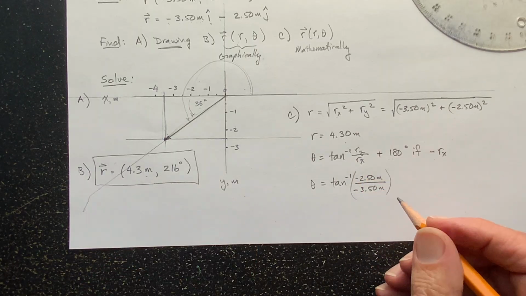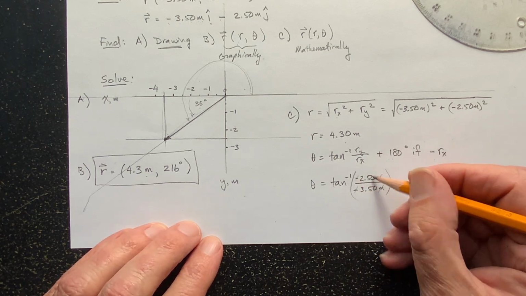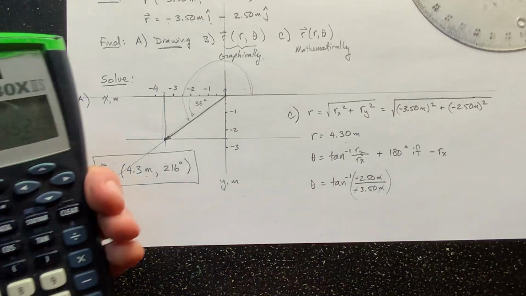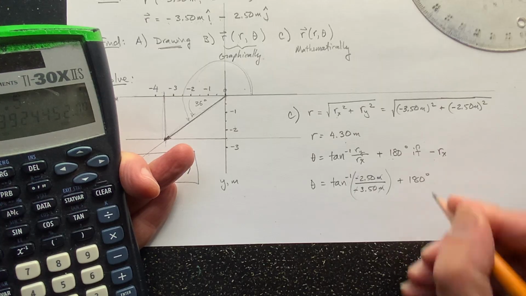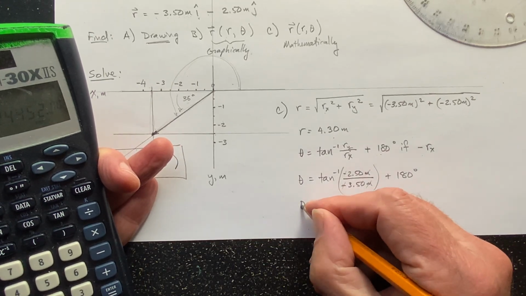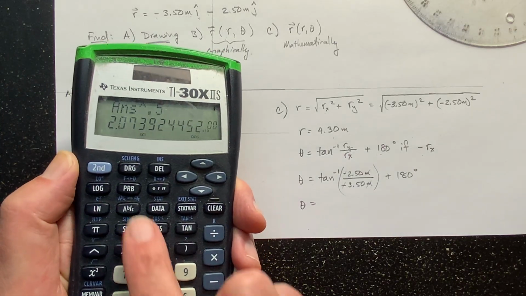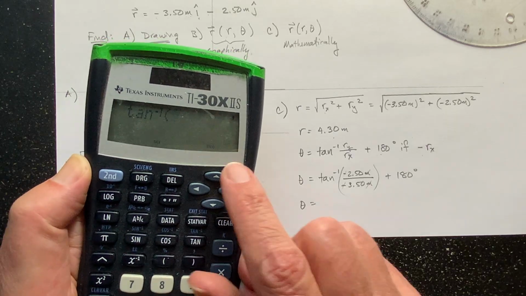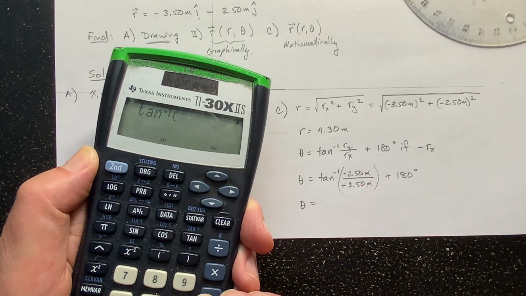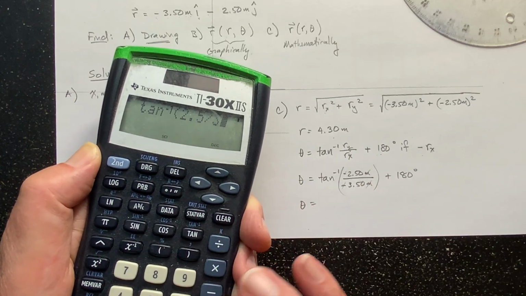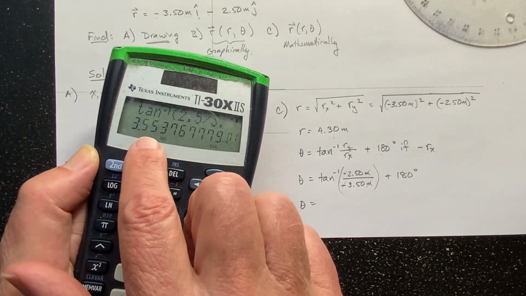But notice here, the meters cancels out, but so does the negative. So this is like 2.5 divided by 3.5. So let's figure out what that angle is. And since the x component is negative, we're going to have to add 180 degrees to my answer. I think you'll see why in a second. Let's take inverse tangent. First make sure your calculator's in degrees. Okay, and mine is. So it's 2.5 divided by 3.5, close parentheses, equals, and we get 35.5